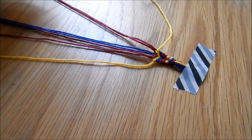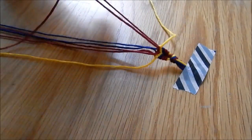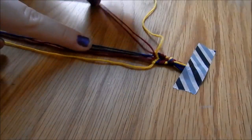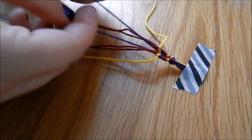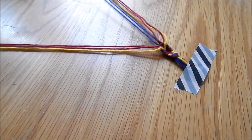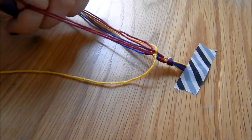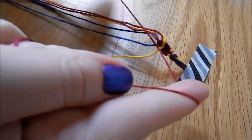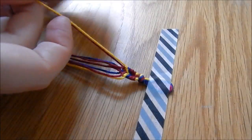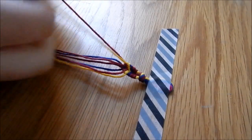The next row is to get the centre colour of the diamond, so knot the 2 pink colours together. Knot the 2 middle colours together, so that's 2 blue for me. And now I'm knotting the 2 pink colours together. And then we are going in with the yellow, and we are doing a forwards knot over the pink,